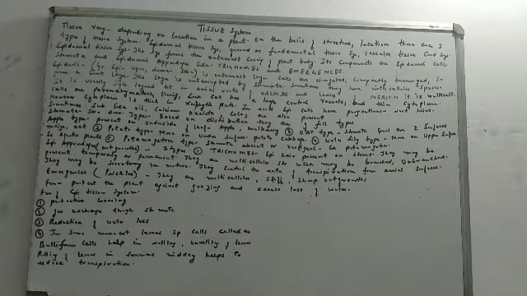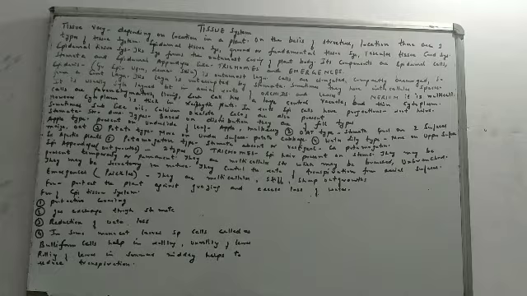The epidermal tissue system is actually the one which forms the outermost covering of the plant body. We know the epidermal layer and all. So the system which forms the outermost covering of a plant body is what we call the epidermal tissue system. What are the components of the epidermal tissue system? There are three main components of the epidermal tissue system. Number one, epidermal cells. Number two, stomata. And number three, epidermal appendages.